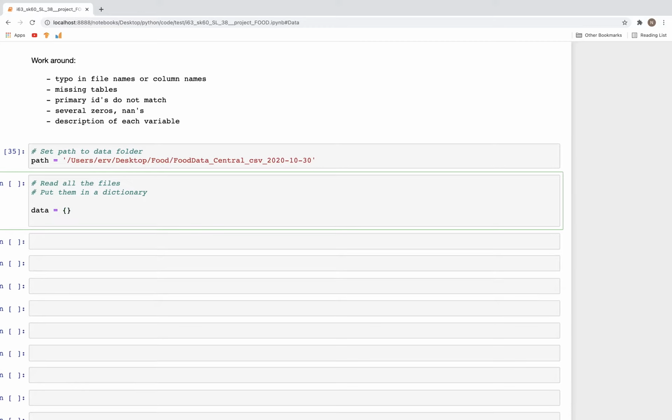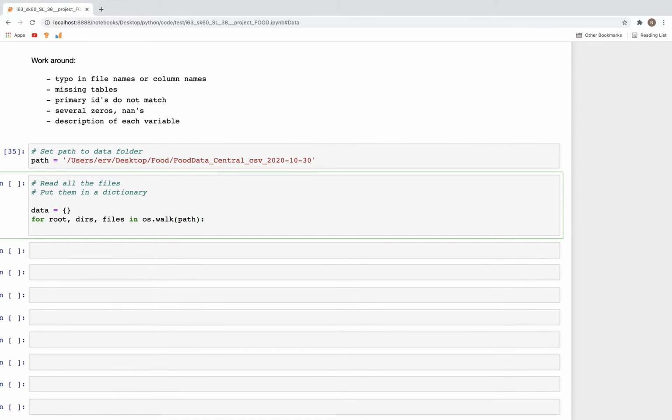So let's say data is our dictionary, which is initialized by open close parenthesis, and then use for root, dirs, files in os.walk, and here you specify the path. So this is going to walk through the directory, so we can print this. So let's copy this,